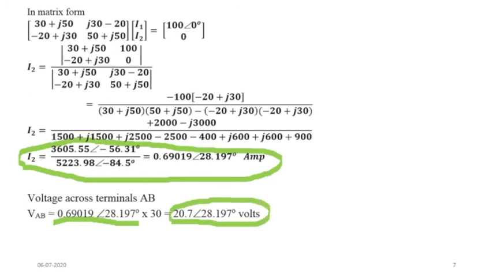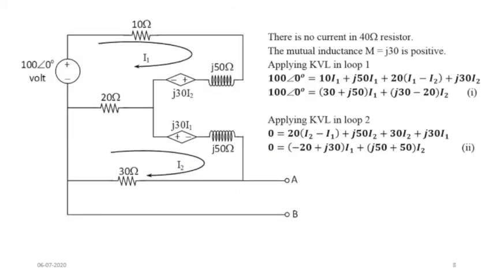Now another important question was that we have to replace the dot conventions using an equivalent electrical circuit. Here we mean to represent the circuit using some kind of dependent sources. Now if I consider this equation again, which we wrote earlier in the previous slide, and consider this last term J30I2, it has a plus sign, which means it is representing the voltage drop.